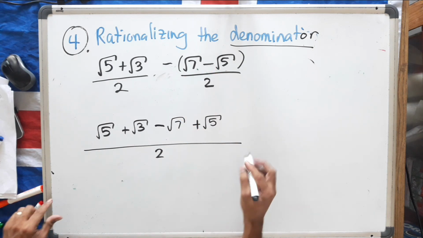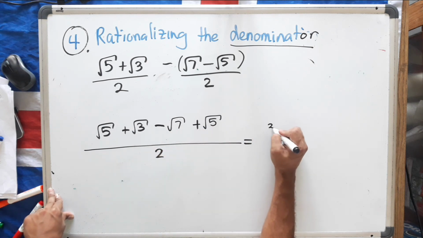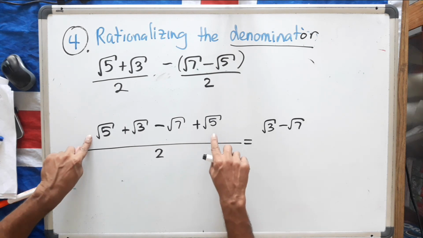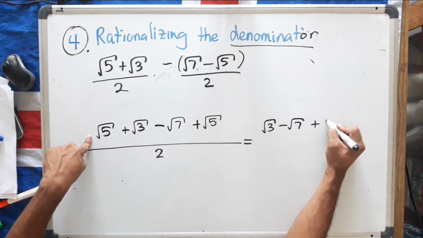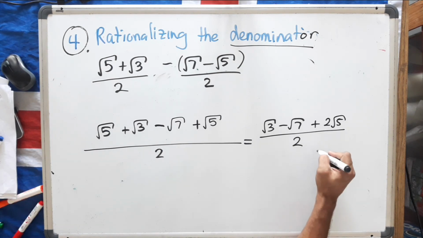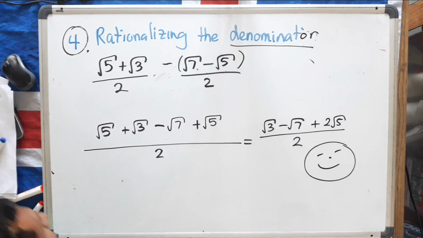All right, so we're almost finished. Here we have the square root of 3 minus the square root of 7, and you have 1 square root of 5, add another square root of 5 is 2 square root of 5s, and this whole thing is divided by 2. And I'm very proud of myself for doing this very long question. All right, so this last question, it's a hard question, will only come in an additional mathematics exam,